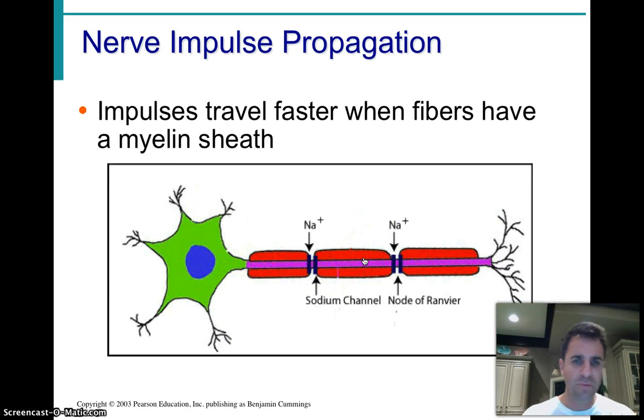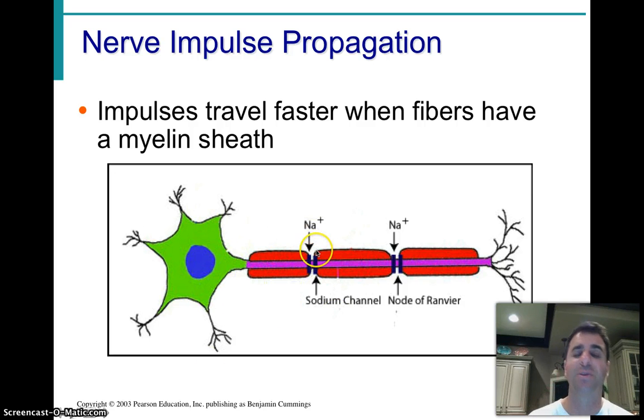Now, there are some neurons that are myelinated and there's some that are unmyelinated. Myelin is, in the peripheral nervous system, done by Schwann cells. In the central nervous system, it's from oligodendrocytes. That's some review for you from the previous section. But the purpose of the myelin that you see here shown in red is that it makes the impulse, the action potential, travel faster. And that's because the only channels that are working are in the nodes of Ranvier,